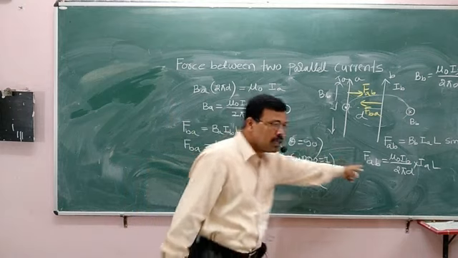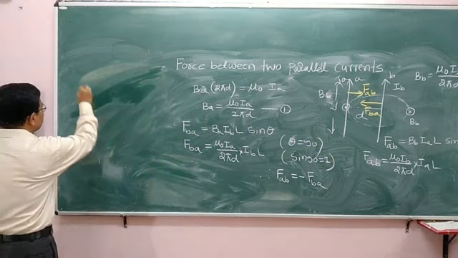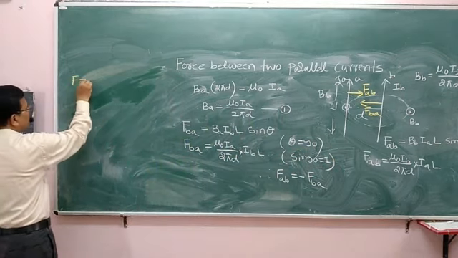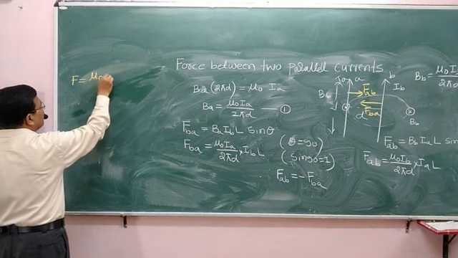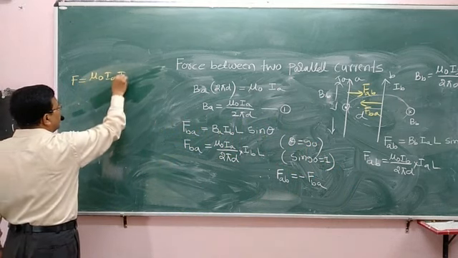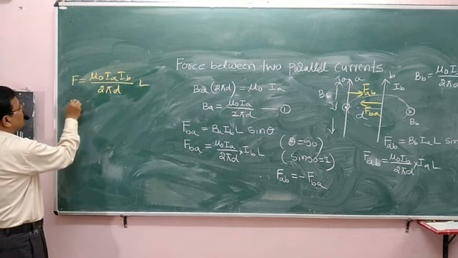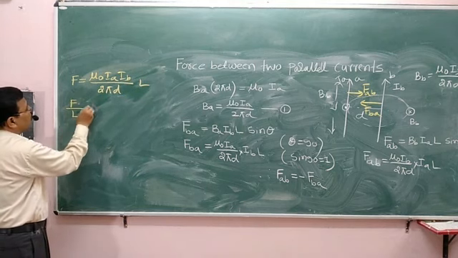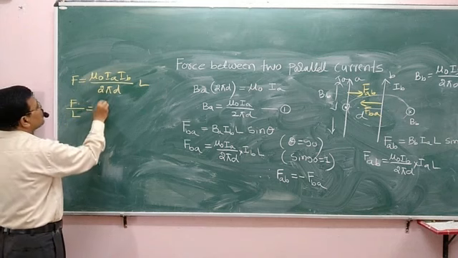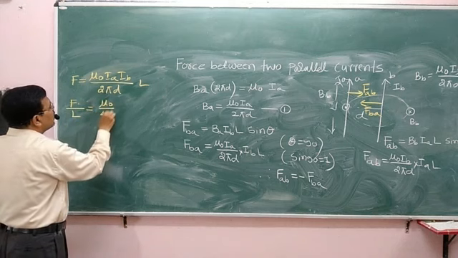So together we can write that F is equal to mu naught Ia Ib divided by 2 pi D into L. Or in other words, we can write that force per unit length is equal to mu naught by 4